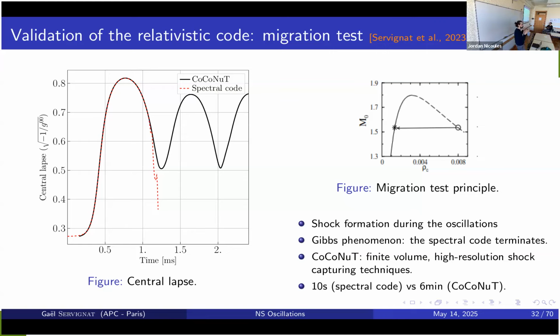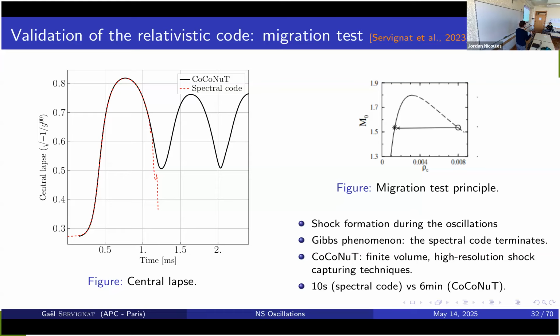So conservation of particles, the same baryonic mass. I got confused. So you said in real life, it collapses into a black hole. Yes. But in the simulation, it can migrate. It can migrate. Actually, you cannot predict what happens if you just choose a random configuration. You can put it in the code and see what happens.